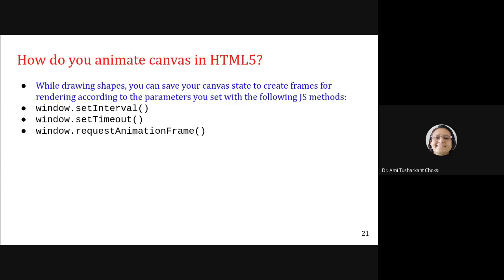So how do you animate? Now, after drawing it once, while drawing the shapes, you can save your canvas state to create frames for rendering according to the parameters you set with the following JavaScript methods. And they are window.setInterval, or you can say window.setTimeout, or otherwise window.requestAnimationFrame. In the previous example, we have seen the request animation frame, right?